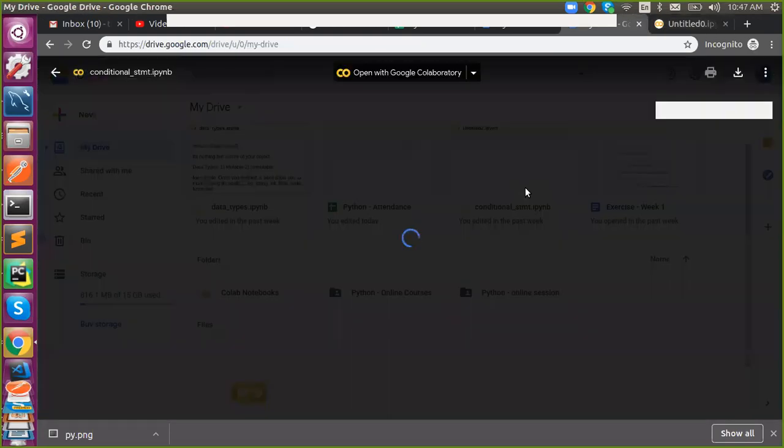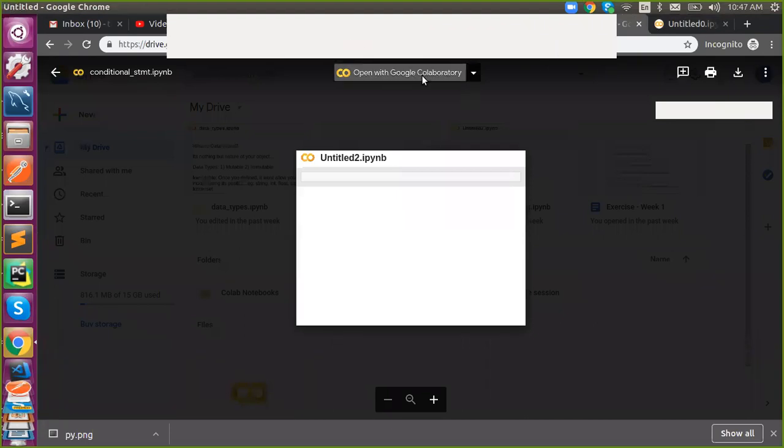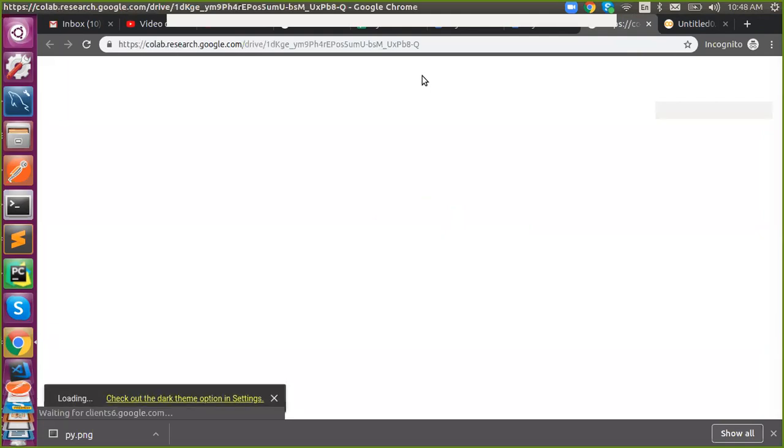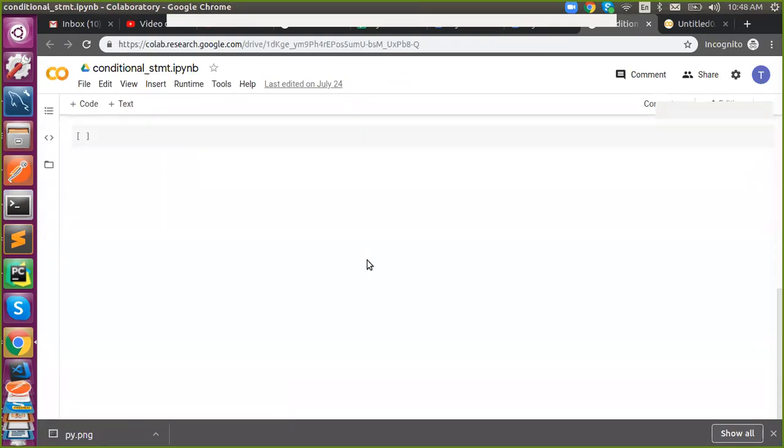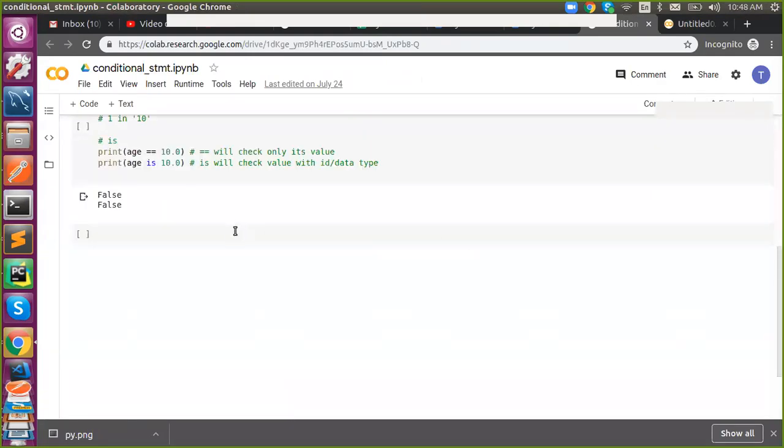So we'll talk about the one line if condition today. What is a one line if condition? In the last class we talked about conditional statements. Now we are going to see how to use an if condition in a variable assignment, a one line if condition.